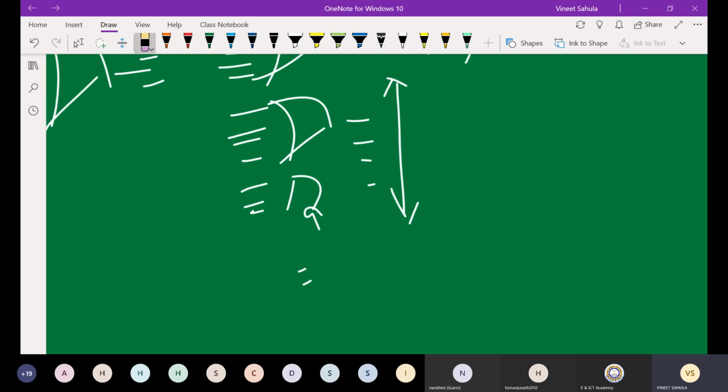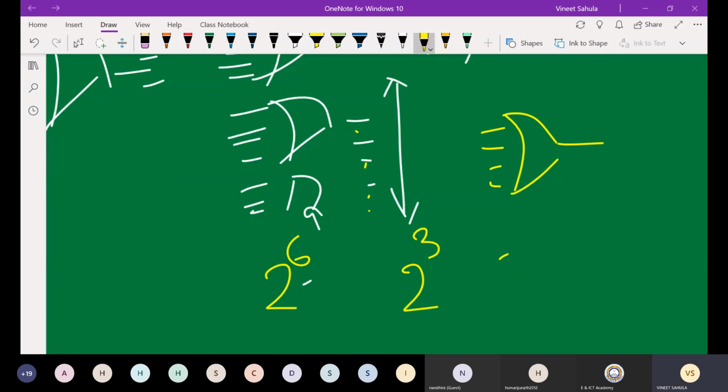You do the computation in rough. I'm just writing the numbers. So the number of gates here would be 2 to the power 6, so 2 to the power 6 outputs are there. The number of gates here would be divided by 2 to the power 3, so 2 to the power 3. And then the number of gates required here will be 1 only, because we require 2 cube by 2 cube, which is 1. So only 3 levels are there.